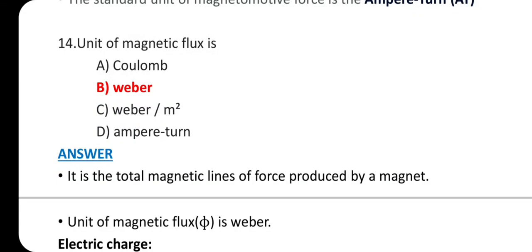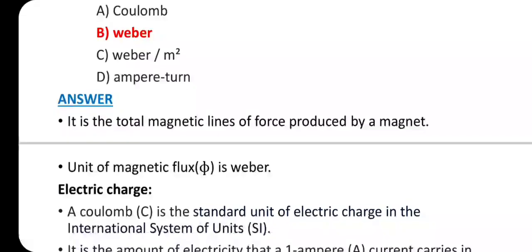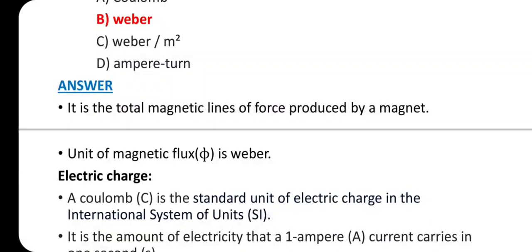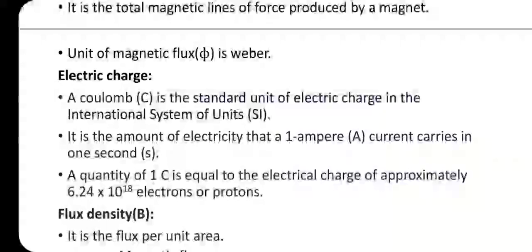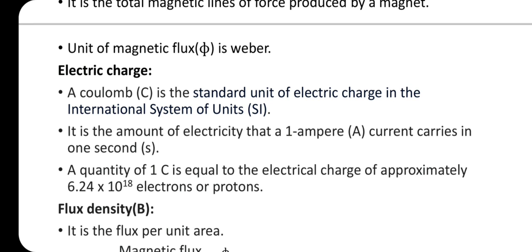Magnetic flux is the total magnetic lines of force produced by a magnet. Unit of magnetic flux phi is Weber. Electric charge: a coulomb, C, is the standard unit of electric charge in the International System of Units, that is SI. It is the amount of electricity that a 1 ampere current carries in 1 second. A quantity of 1 coulomb is equal to the electrical charge of approximately 6.24 times 10 raised to 18 electrons